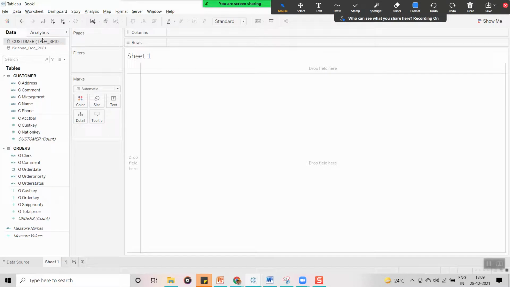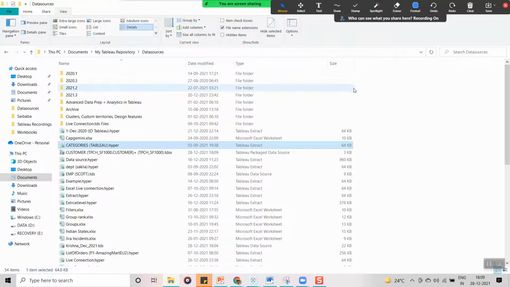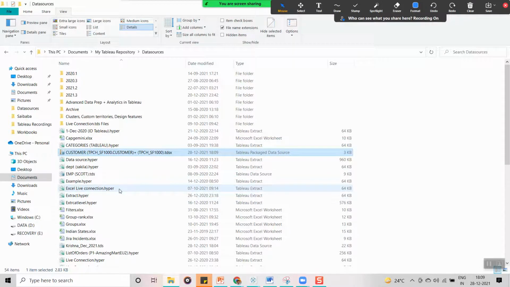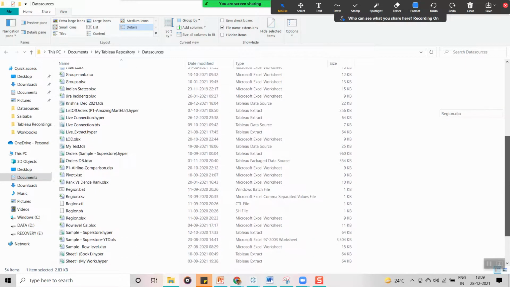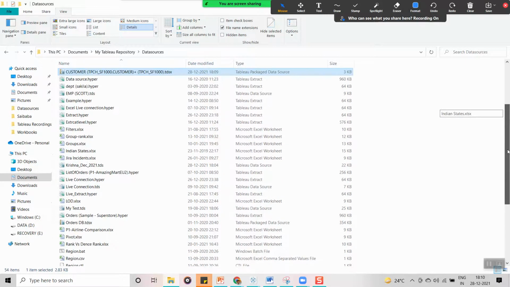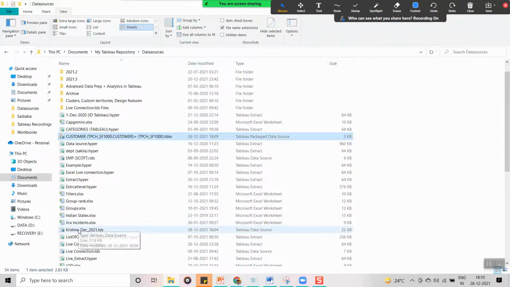And you can see the file formats again here. This is the TDSX file, and another one is Krishna. Where is it? Yeah, here it is. So now you can see the difference. This is a TDS file. You can see the plain Tableau symbol on top of it, a single cylinder, a database kind of symbol.